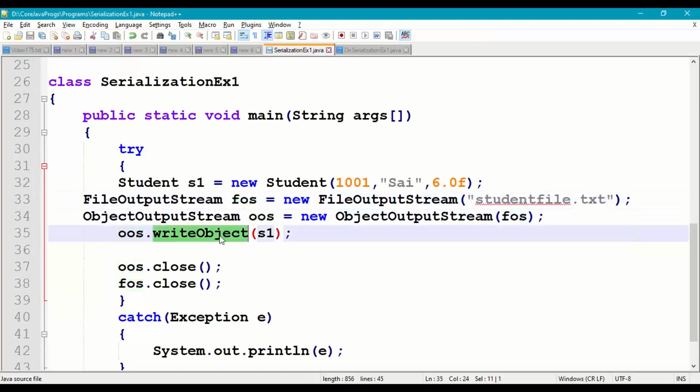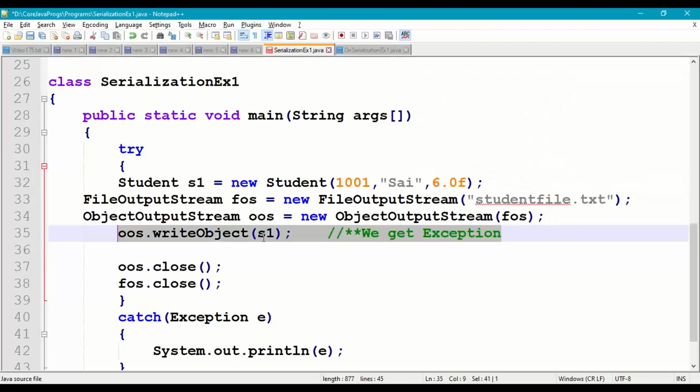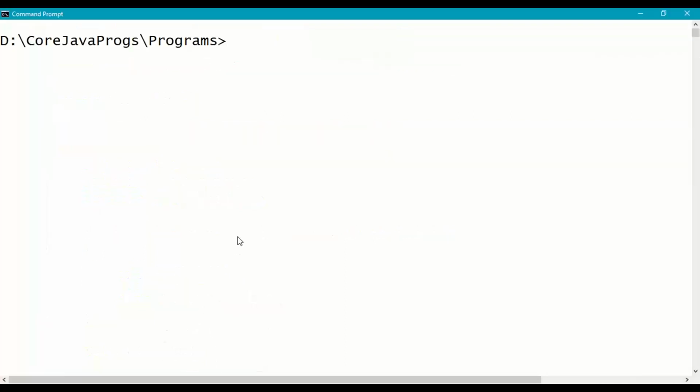And when we say object output stream dot write object of S1, now here we should get the exception. So we get not serializable exception, because our S1 object, which belongs to student class, is not serializable, means it cannot participate in serialization process. So let us try to compile and run this.